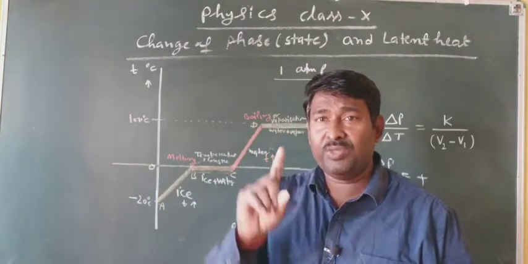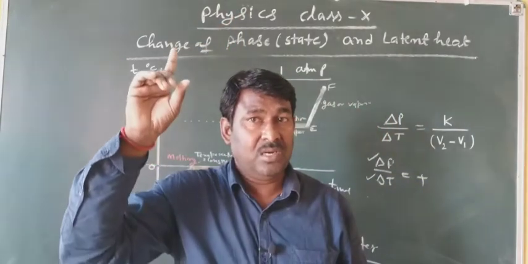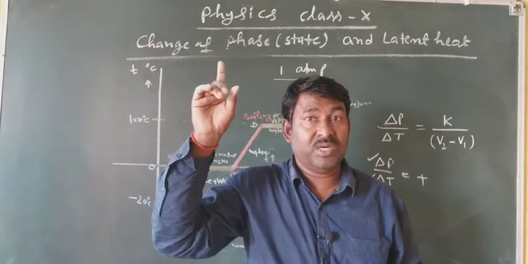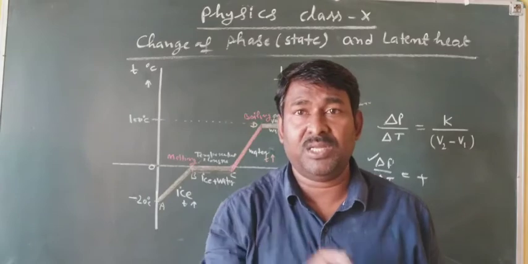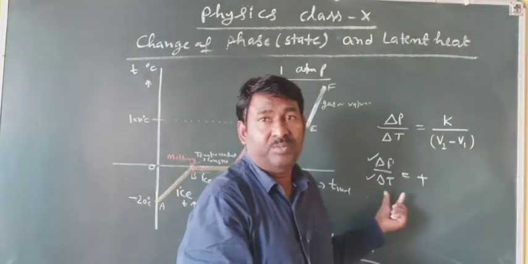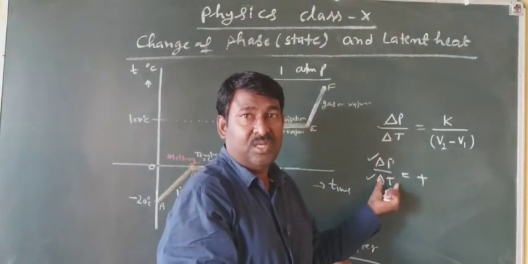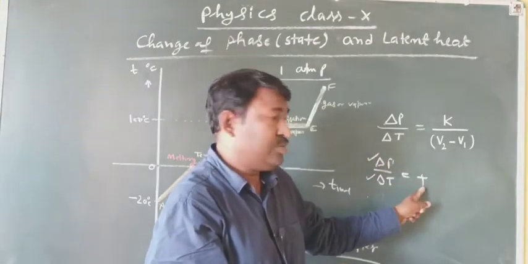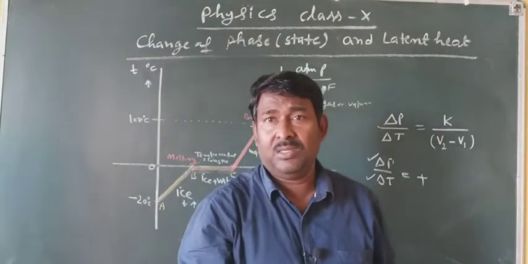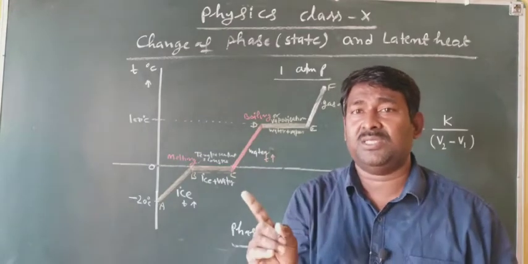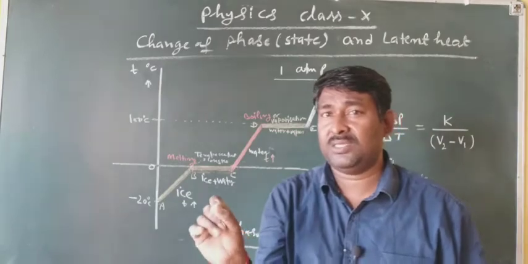Here, at 1 atmospheric pressure, it boils at 100 degrees centigrade. When you go to the mountain, due to height the atmospheric pressure decreases, and hence the boiling point should also decrease. Since pressure is decreasing, the boiling point should also decrease, so that the ratio stays positive. So the boiling point increases when pressure increases, and decreases when pressure decreases.